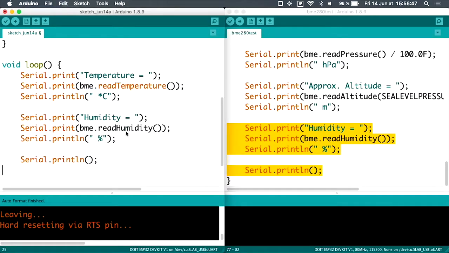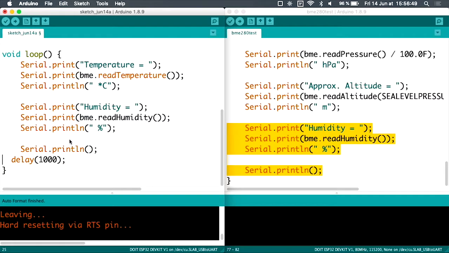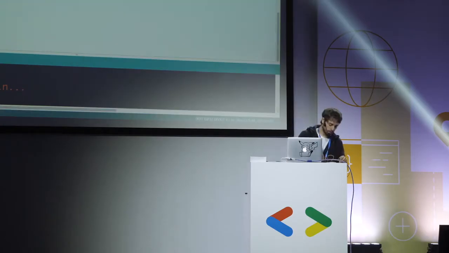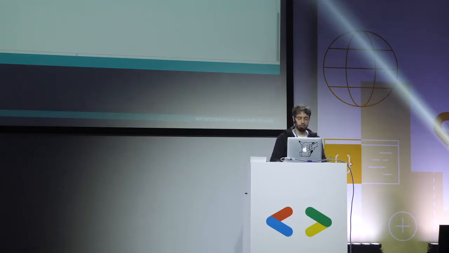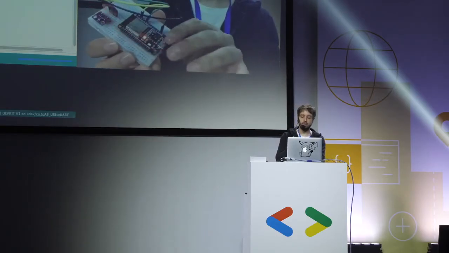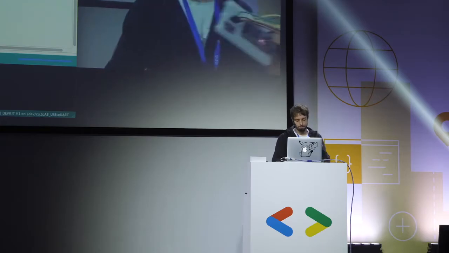And just for fun, we will also write the humidity level in the room, and we will also add an empty line so it will be easy to read. Once again, I connect my microcontroller to my computer, and I simply need to click on Upload. Now it's connected, and it will start to upload the program.